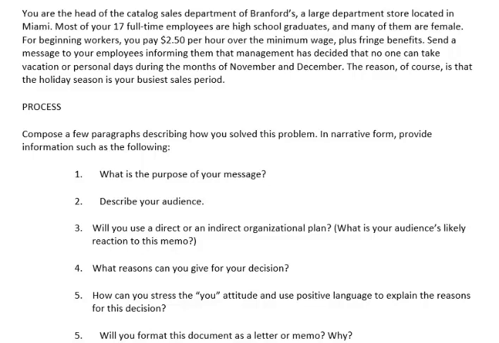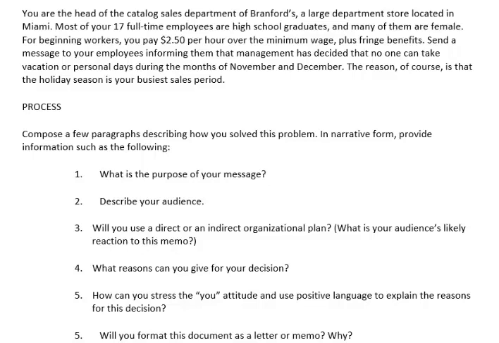Who are your audience? Based on who your audience are, think about whether to go at it from a logos perspective, from a purely logical perspective, from an ethos perspective, from an authority perspective, or from a pathos perspective. A logos perspective might try to convince the reader that if we don't have all hands on deck during the holiday season, and don't use the phrase all hands on deck, that's a colloquialism, that's a cliche that I told you before not to use. But then you might want to convince the reader that if we don't have everybody here, the company might not do well, and if the company might not do well, then the company might go out of business, and you might not have jobs, etc., etc. That's a logos way of looking at it.